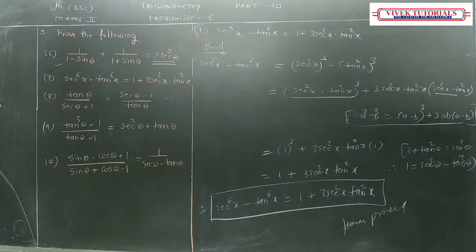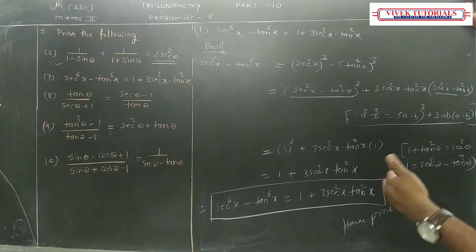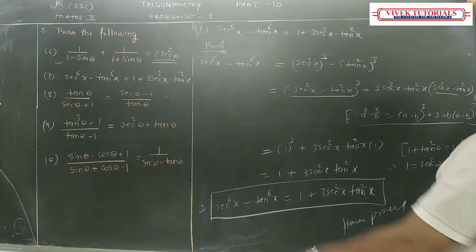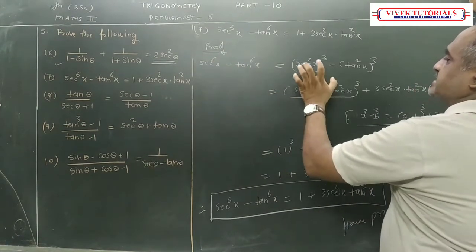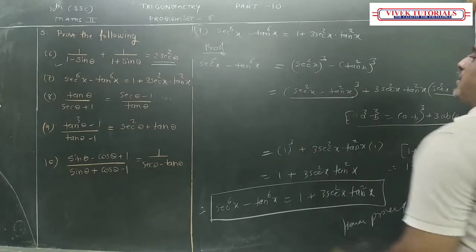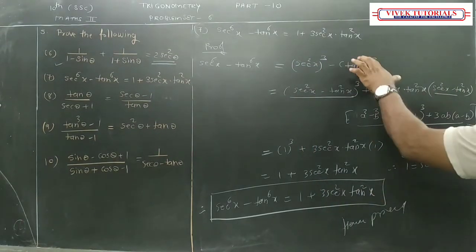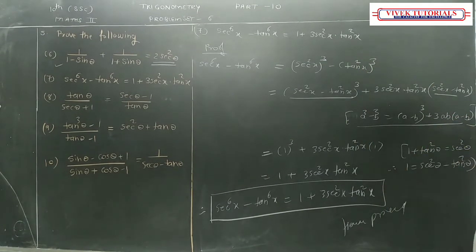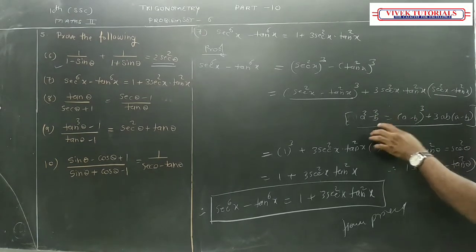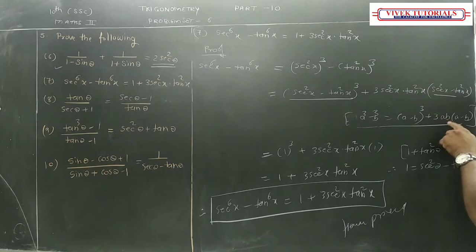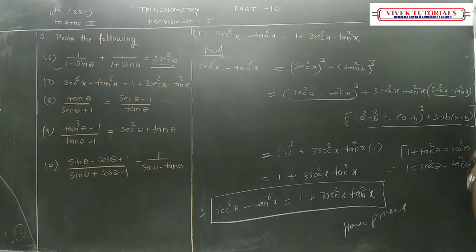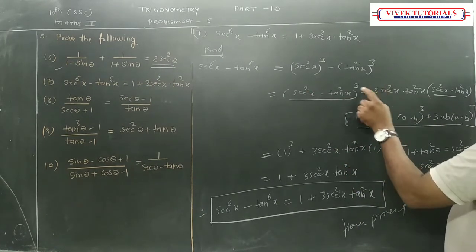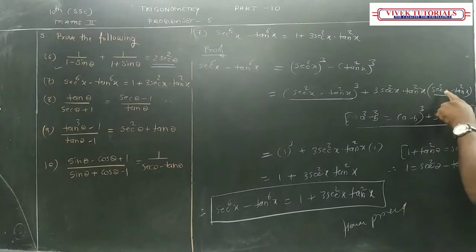I know that we don't have any formula in our syllabus showing raised to 6, but we have a formula of squares. So that's why instead of sec raised to 6x, I have written sec square x the whole cube minus tan square x the whole cube. Now it is the form of a cube minus b cube, and for a cube minus b cube we have the formula a minus b the whole cube plus 3ab into a minus b. This is a derived formula. It was there in 9th standard. We can apply it.